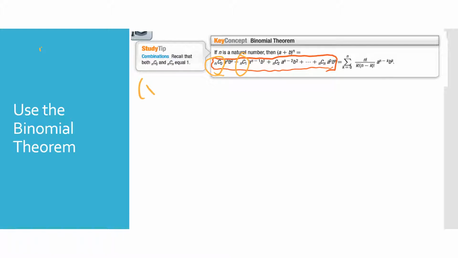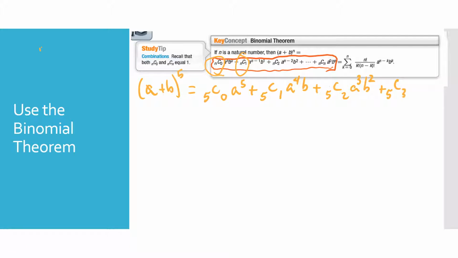So let's say this time I got, well, I'll stick with a plus b, let's say raised to the 5th power. Now I can write this as 5C0, and I'm going to go ahead and put in my a to the 5th, plus 5C1, a to the 4th b, plus 5C2, a cubed b squared, plus